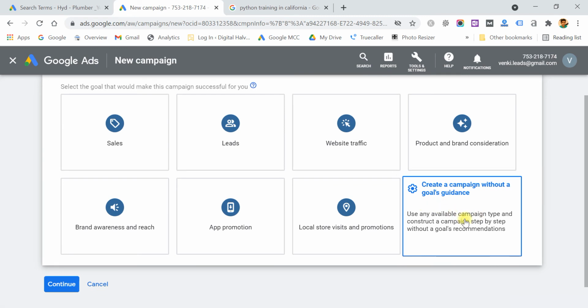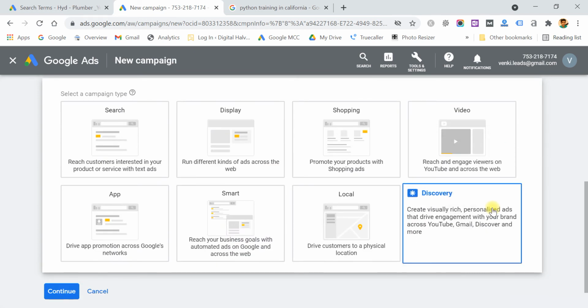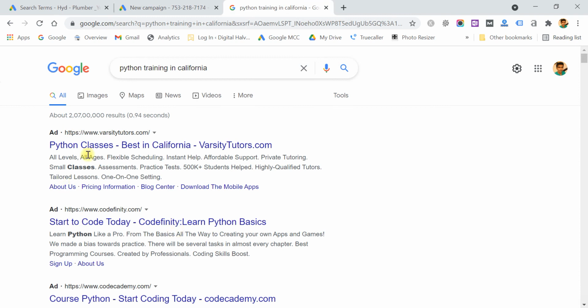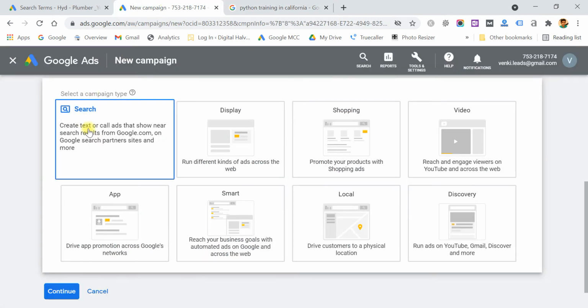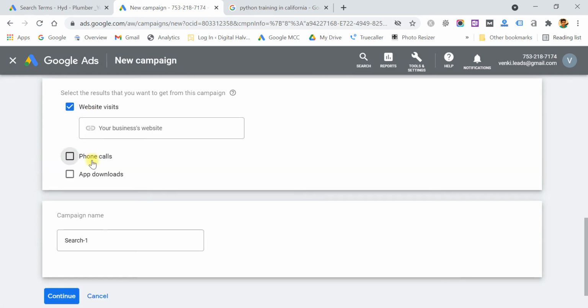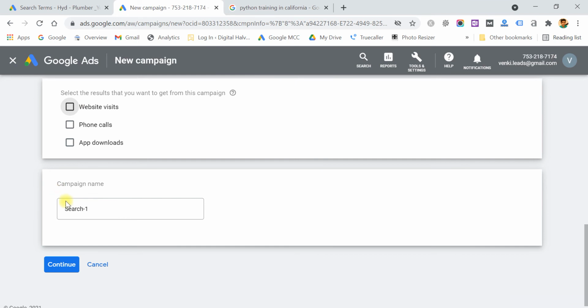Choose create a campaign without a goal's guidance, and I am selecting the first option, that is search, because this is based completely on search. Click on search. Here you can select your objectives. This is not mandatory, it's just optional.